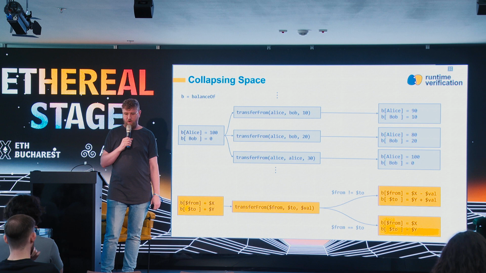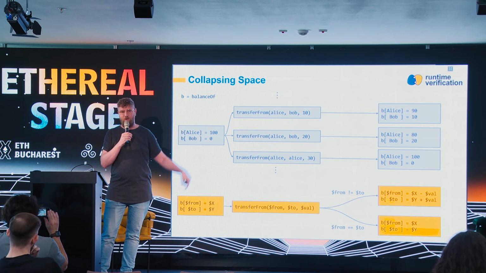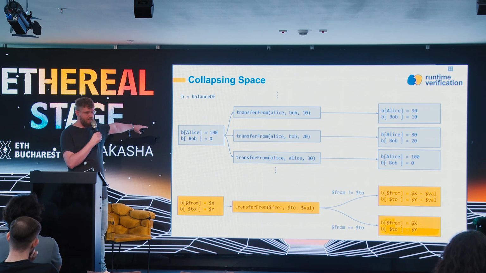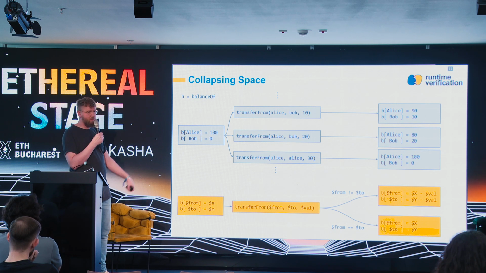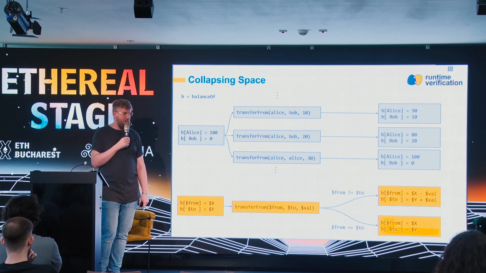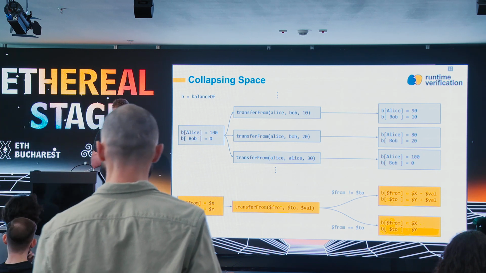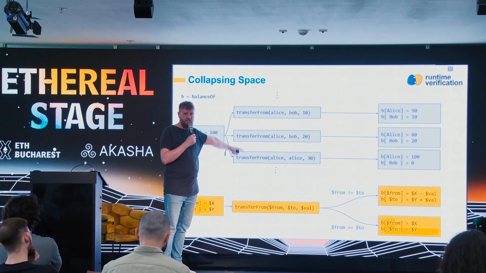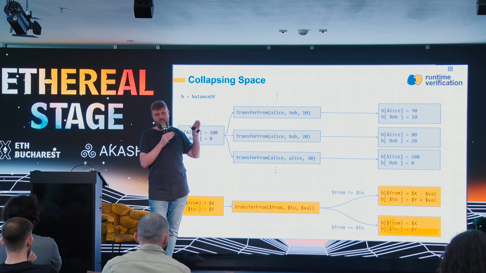And Symbolic's approach is, first of all, to collapse the state space of the next possible successor states. At the top of the slide, we have some possible concrete transactions. It could be Alice transferring 10 tokens to Bob, or Alice transferring 20 tokens to Bob, or Alice transferring 30 tokens to herself. And all these transactions would end up in a different successor state. There are infinitely many choices that you can make here, and what we do with Symbolic is collapse all these possible concrete transactions